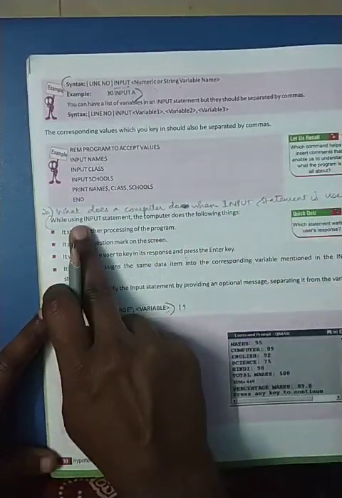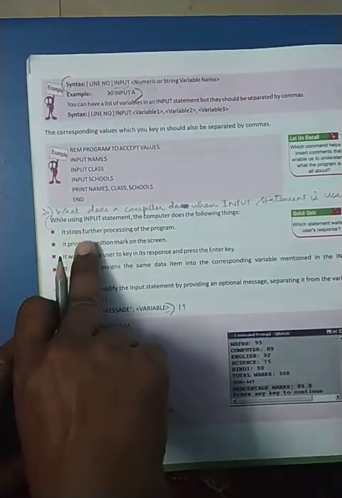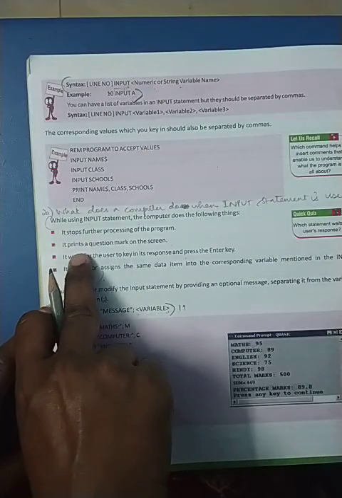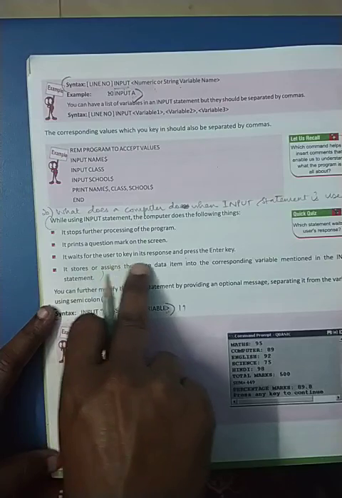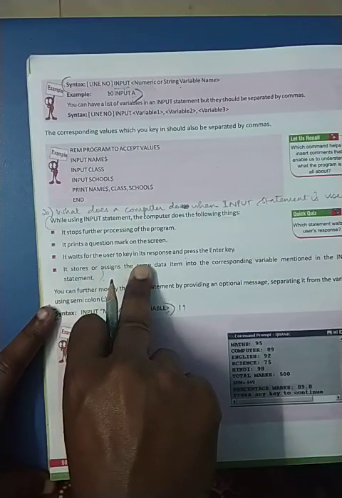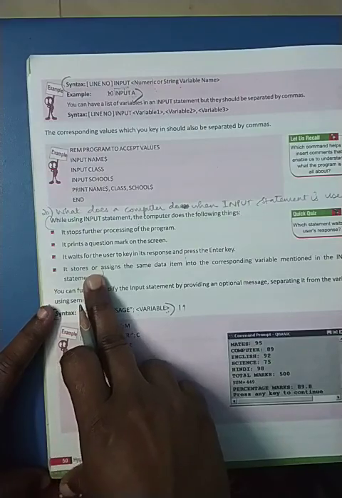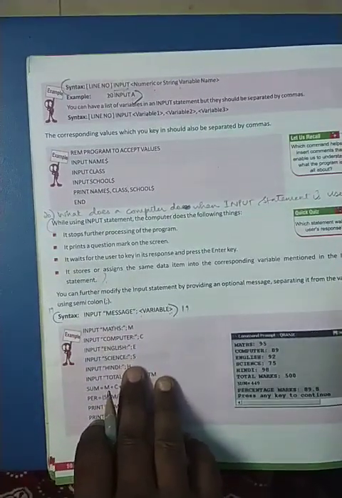When using the input statement, the computer will do the following things. It stops the further processing. It prints a question mark. It waits for the user to give the value and then press the enter key. Then it will store the data, or assign the data, to that variable.